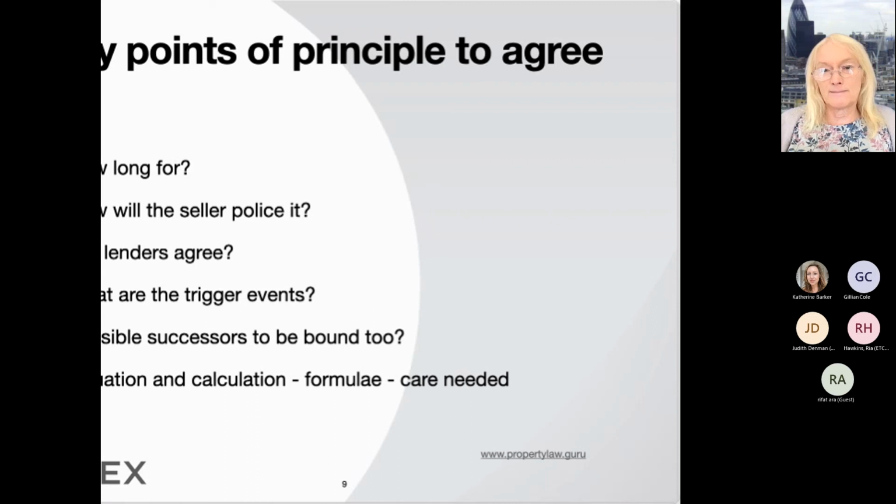Will the buyer actually have the money to pay it when it's due? Is it the buyer's intention to sell it off in bits, branches, houses, plots, phases? You may have thought as the seller he's going to sell it all in one go, and you may not have drafted in the overage how this works when there's a sale of part, because you may have to do new and further calculations each time there is another sale with another trigger event, with the price going up each time.